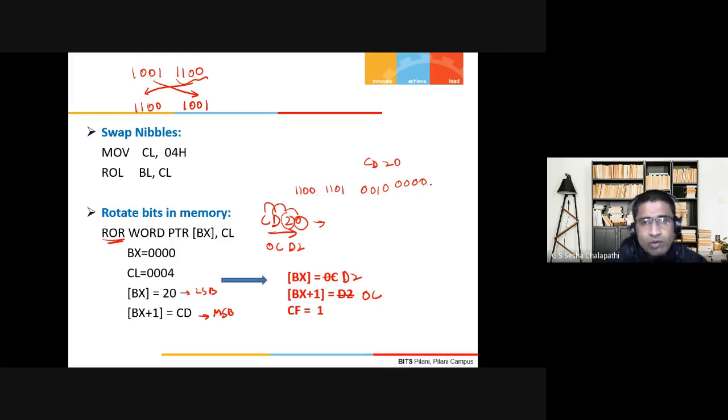If you do a right rotation, the first rotation will move this bit into the carry flag, then second, third, fourth. So the carry flag will be 0. So D2, 0C and carry flag 0.